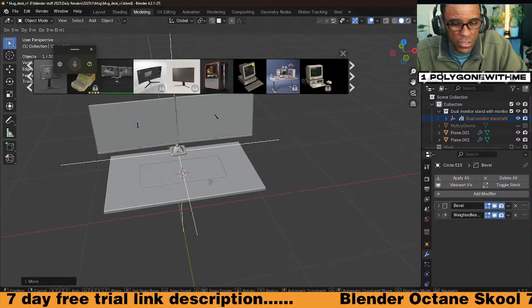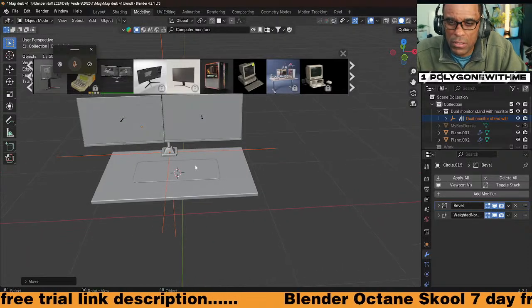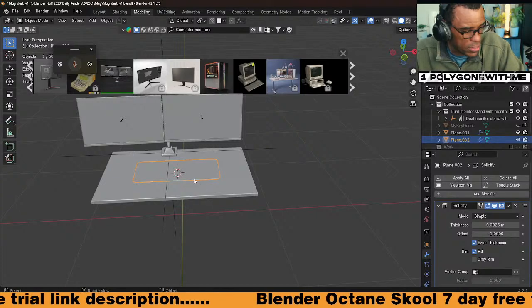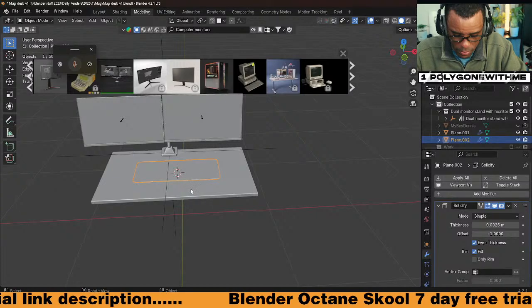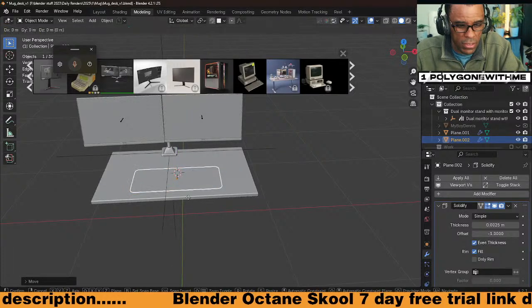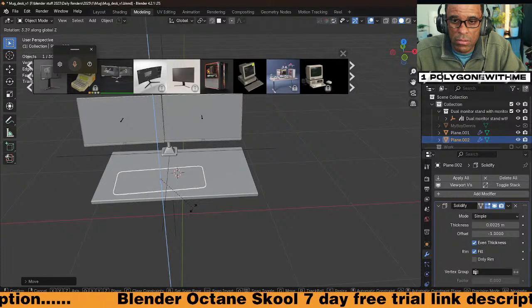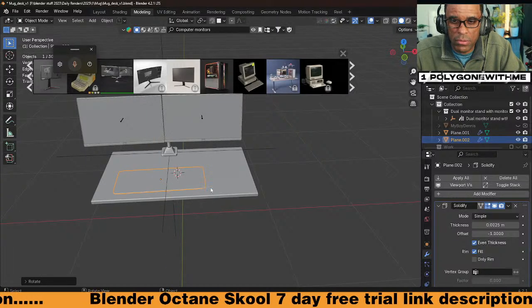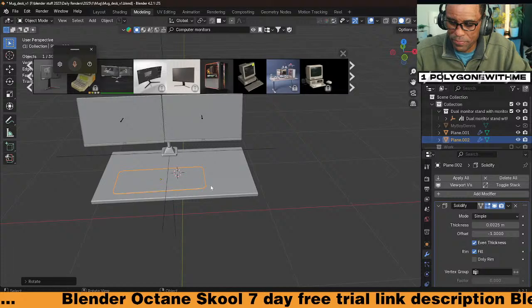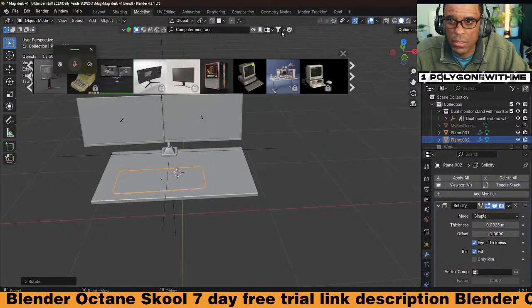Let's put it off to the side just a little bit so it's not centered. I don't like things centered. It's a dead giveaway that something is CG when things are centered. Like my mat is not centered, like GY. My mat's kind of off like this. GX. It's kind of off to this side more, and a little bit off, right? Okay, I'm liking that so far.